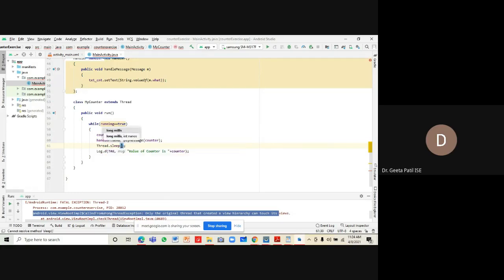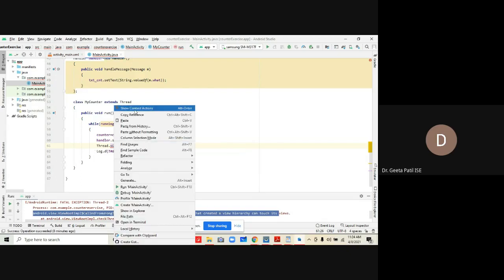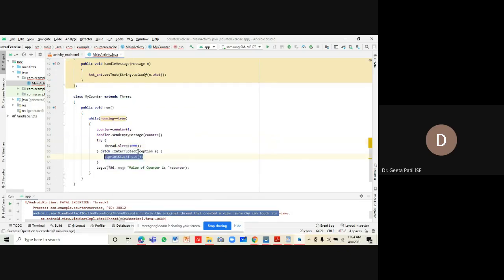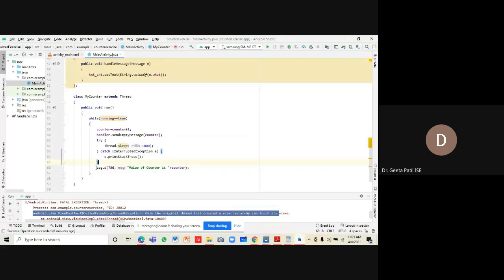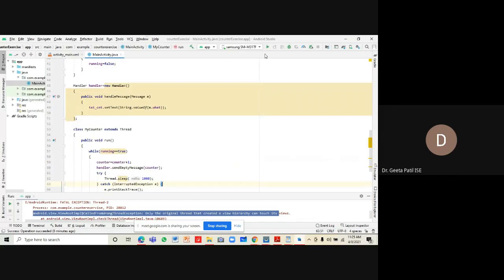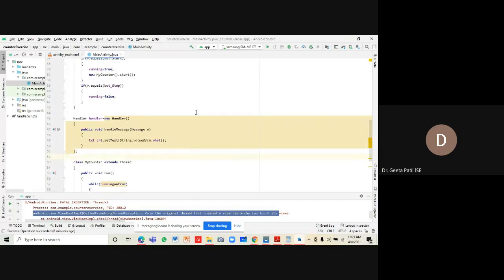Let's say we want the thread to sleep for 1 second, or 1000 milliseconds. An interrupt exception may occur when the thread is sleeping, so we need to enclose this in a try catch block. That is what is being done, and after that let us execute this code and see whether the thread is responding correctly or not.